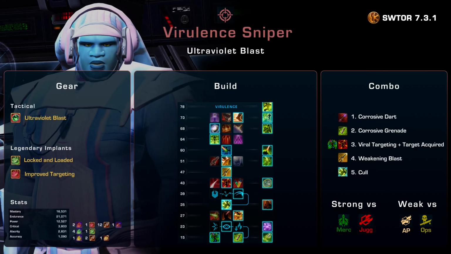Ivano here with a quick guide to the Virulence Sniper for PvP patch 7.3.1. Virulence is a ranged damage over time class, which also offers strong burst potential. It is one of the stronger specs in the game right now, and overall the best combat style for solo sniper players. Virulence profits from the extra damage reduction it gets after shield probe, which none of the other sniper